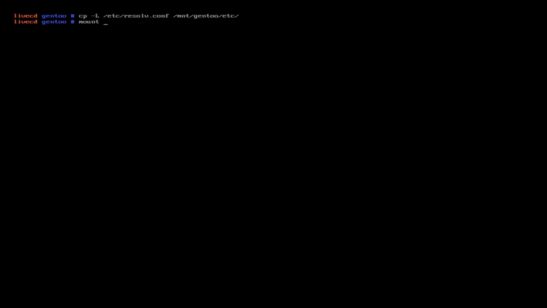And there's a lot of mounting we have to do. So we'll do mount -t proc /proc /mnt/gentoo/proc. That's one. Then mount --rbind